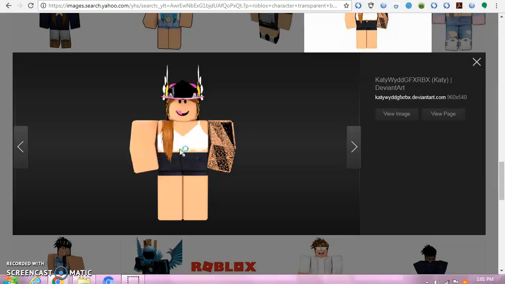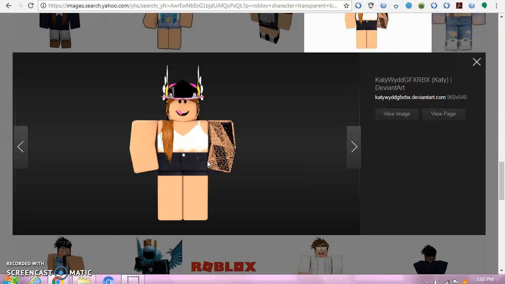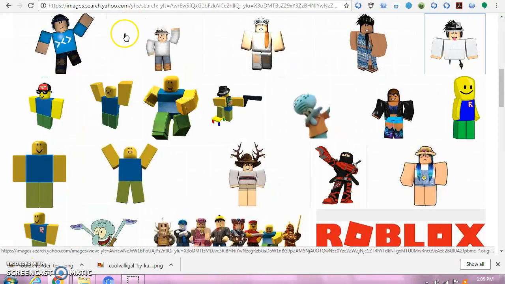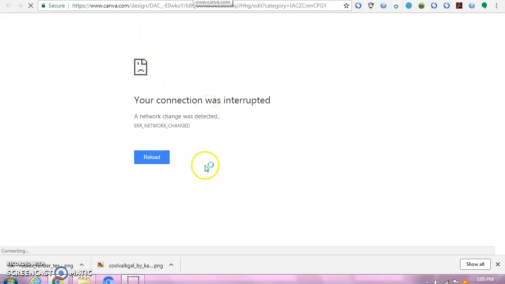So then you want to right click, and after you right click, it should say open image, save image, copy image address, blah blah blah. You have to click save image as. So I'm going to keep on saving some characters that I like, and I'll get back with you guys. So now that you have saved all of the images that you want, now you want to go back to the site,